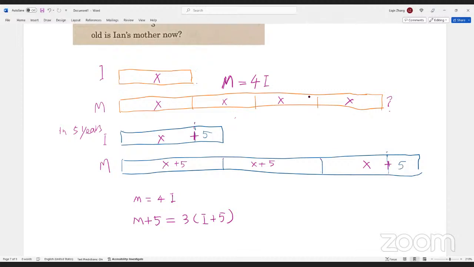And this one, this part is mom's original age. Mom's original age. This part is mom's original age. So it's still M, mom's original age. M plus 5. This time, Yan's age is Yan plus 5, right? And mom plus 5, M plus 5. Yeah, this will be easier. This is Yan, and